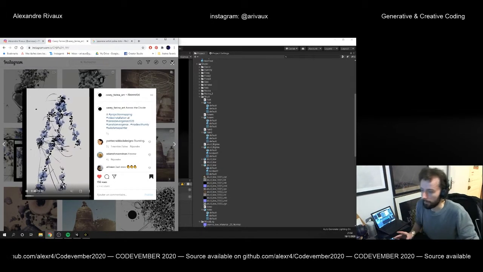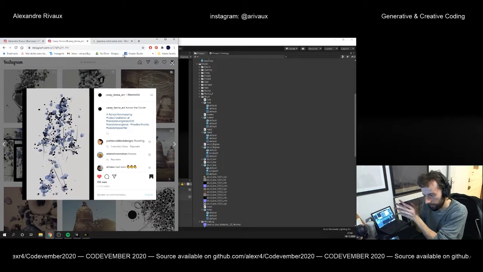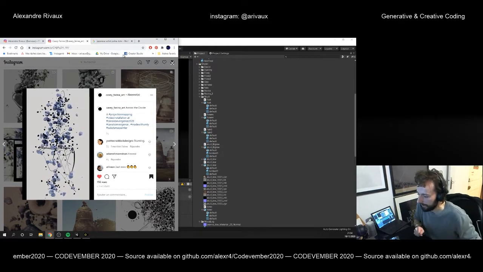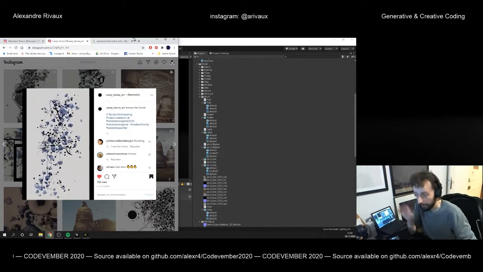So we will try to go to this part and go to the dot part. So it might be really simple, and because we will use